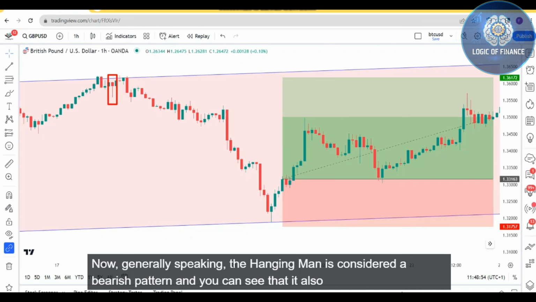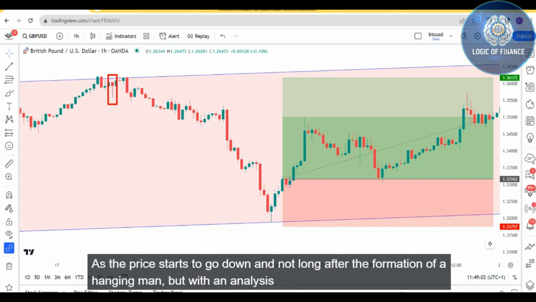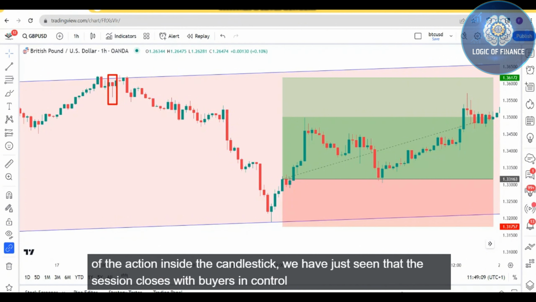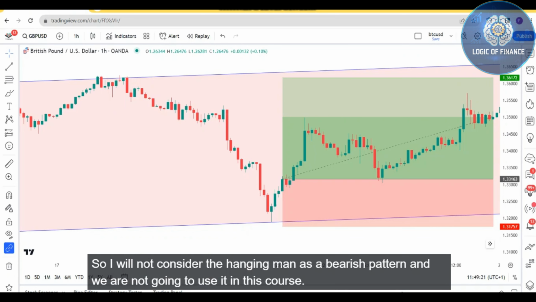channel. Now, generally speaking, the hanging man is considered a bearish pattern, and you can see that it also worked here as the price starts to go down not long after the formation of a hanging man. But with an analysis of the action inside the candlestick, we have just seen that the session closes with buyers in control of the market, which suggests the up movement may continue. So I will not consider the hanging man as a bearish pattern, and we are not going to use it